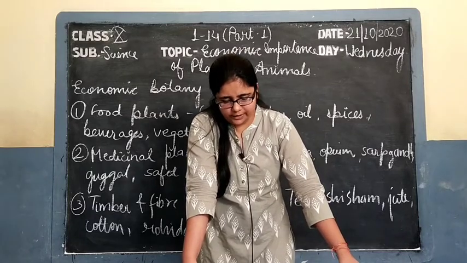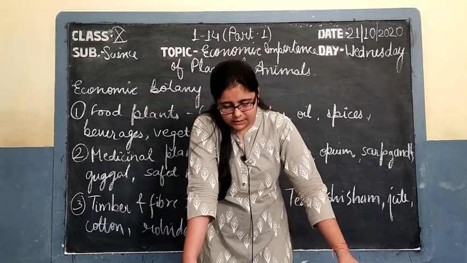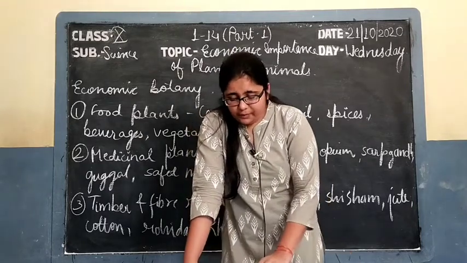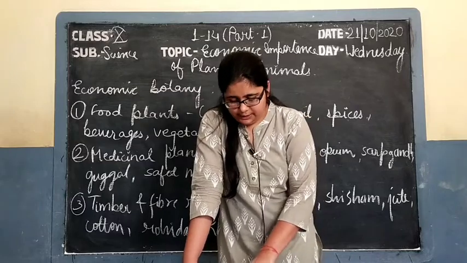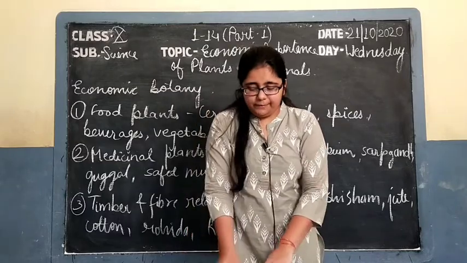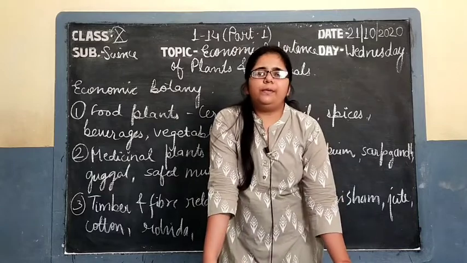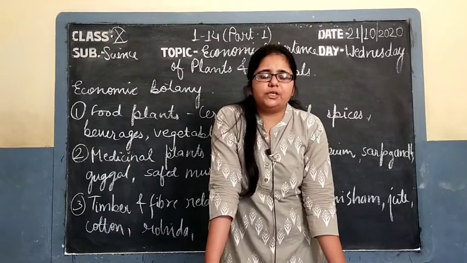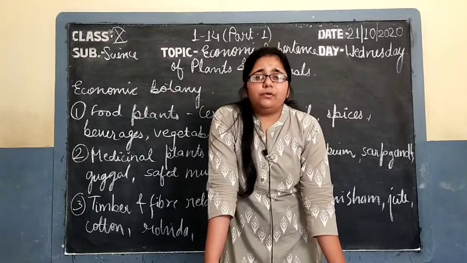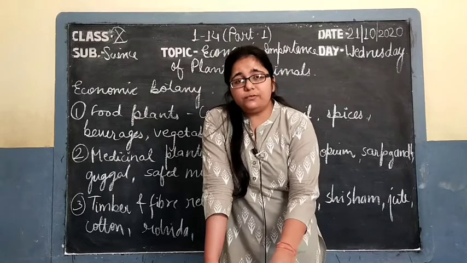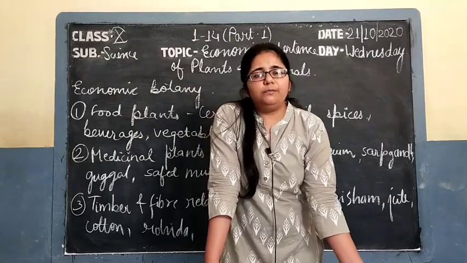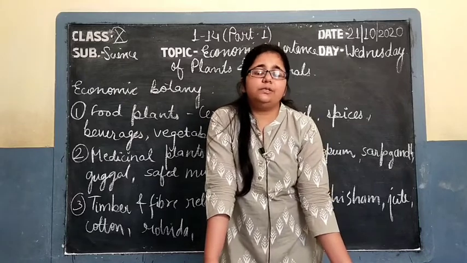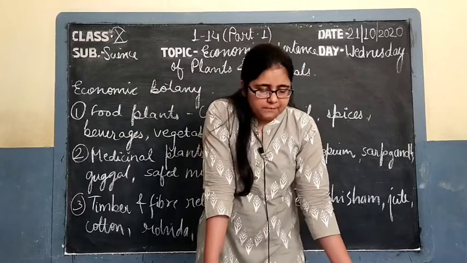After the fiber yielding plants, the timber yielding plants, that is wood, which also provides us shelter and is used for making furniture. There are several timber yielding plants like dicot plants and gymnosperm plants. Basically only the plants which have secondary growth, which can produce wood, are used for making timber or furniture. The monocot plants which do not have any kind of secondary growth are not used, as there is no production of wood in their plant structure.